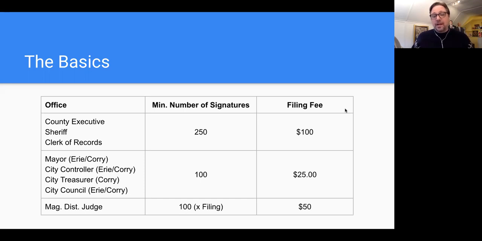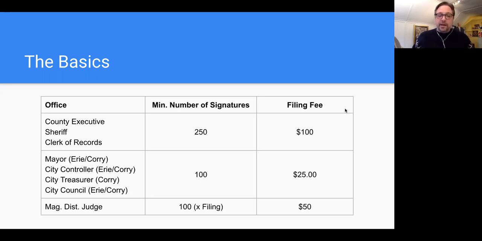Some candidates like to get as many signatures as possible because it's a good way to show your competition a little strength, that you've gotten a significant number of signatures, and it shows perhaps a base of support. It also gives you an opportunity to interact with many more voters, perhaps for the first time. That initial interaction can be their first introduction to you, so do take this opportunity to meet as many voters as possible.